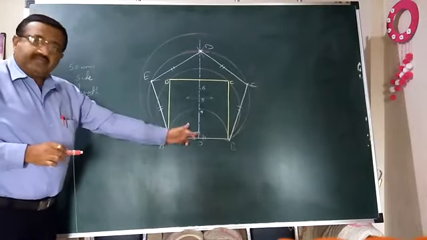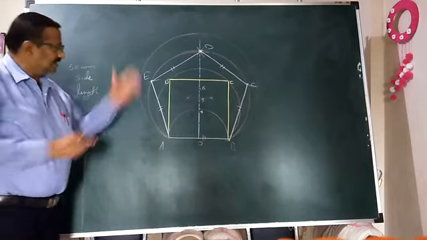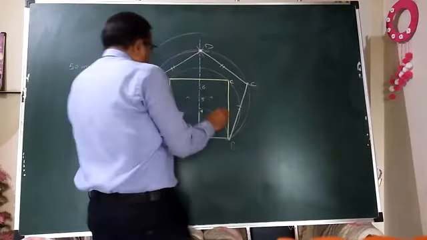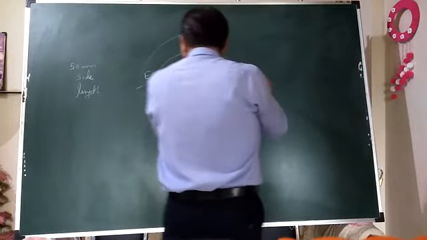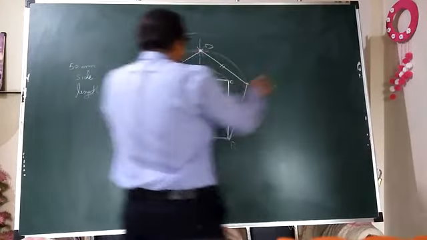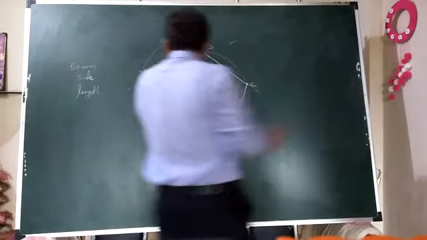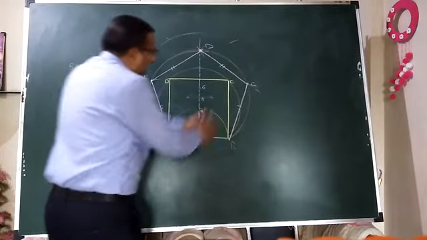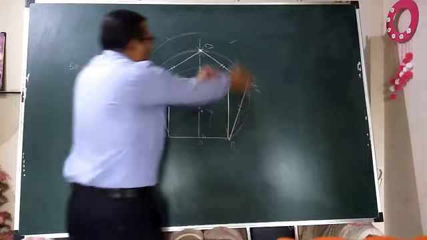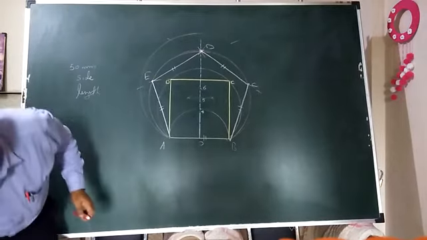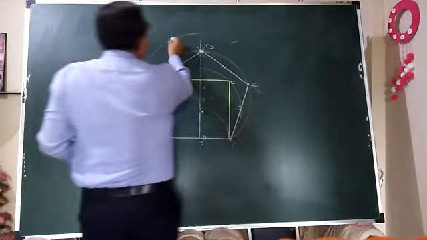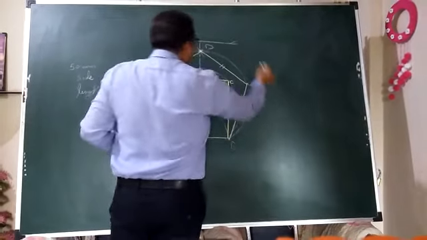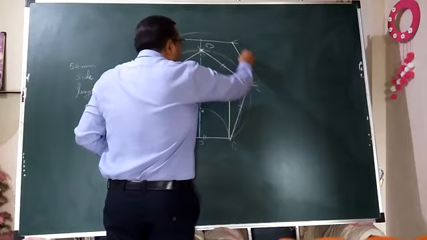Means what? Again, we have to pick the AB distance in the compass, and naturally, right from A, go on marking the same distance, just like side AB, on this periphery from both the sides. Go on marking on either side in this way. First from A, second from B. Again from here, like that. Okay, so that there will not be any kind of error, or the error will be totally eliminated.